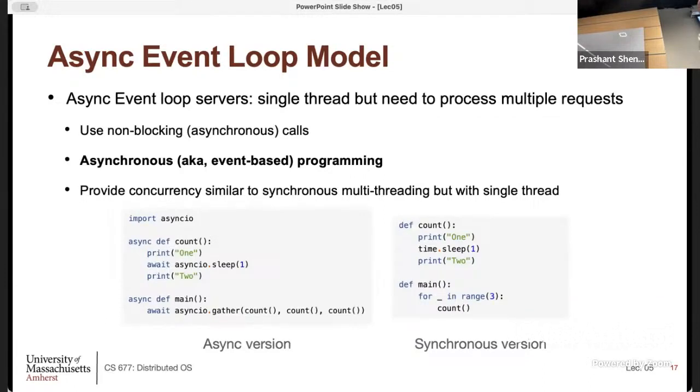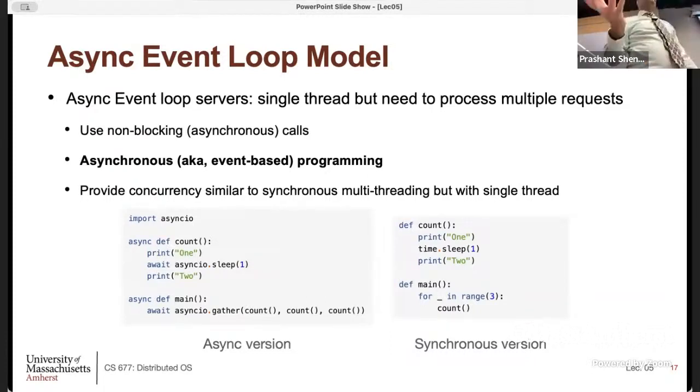And if you want to do concurrency with a single threaded process, you have to make them non-blocking. What that means is every blocking call becomes non-blocking: you send the request to the OS, saying do this for me, but the process can continue executing something else. In the threaded case, that thread would block and some other thread would run, so the process could make progress. Here you have to do this explicitly as the programmer. You make the call non-blocking so your code can run something else, as opposed to having the OS choose another thread. You are essentially saying, I'm going to run something else. That's the basic idea behind